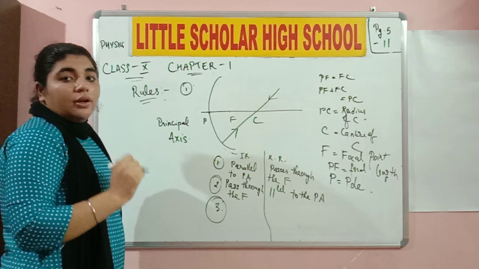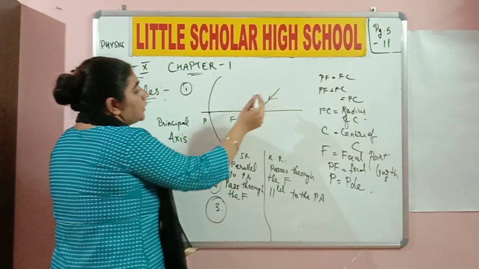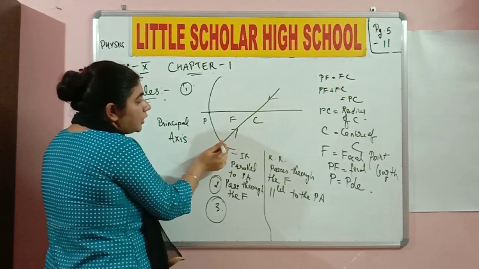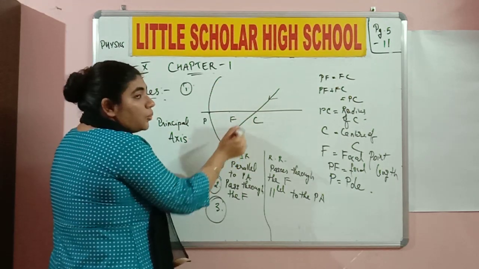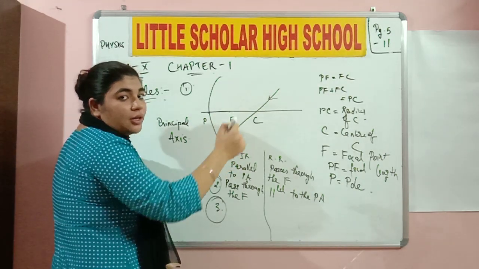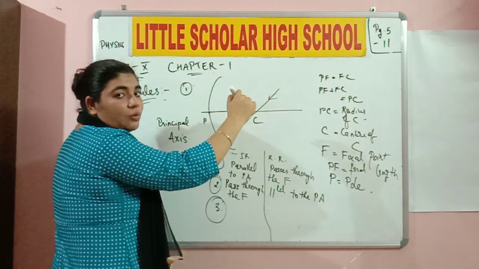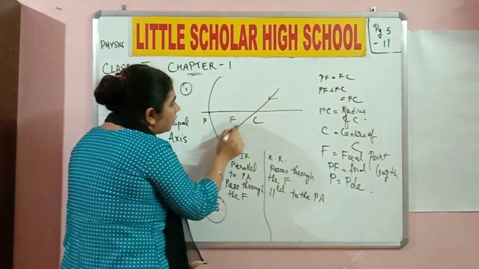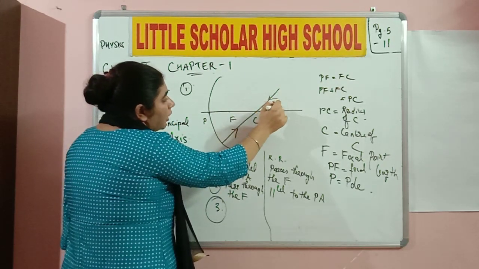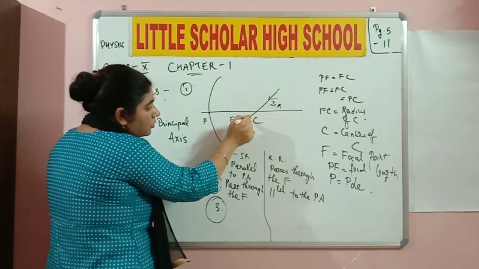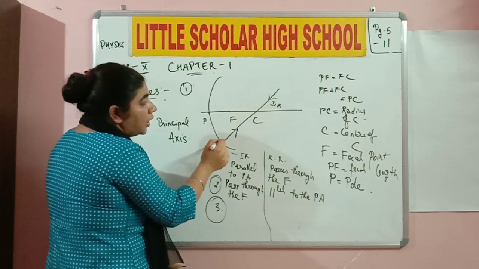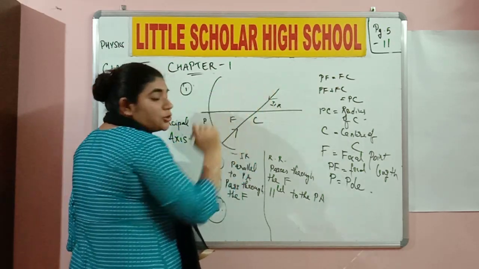Did you understand? What is the third rule, class? The incident ray is going to pass through the center of curvature and reach the concave mirror. So when it reaches the concave mirror, every incident ray is going to reflect back. So in which direction is the reflected ray going now? It is going in the same direction of the incident ray. Can you see both the arrows over here? The incident ray was coming in and passing through the center of curvature and reaching the concave mirror over here, and it reflected back in the same direction.